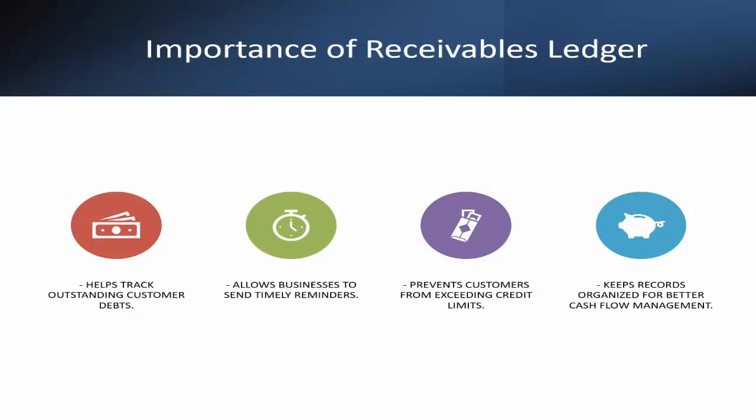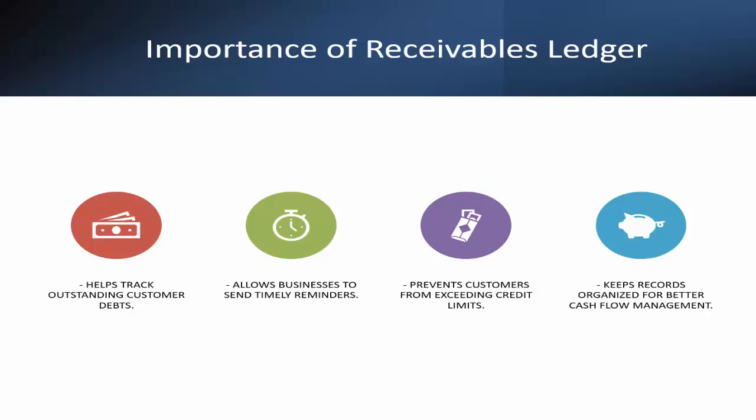Why does the receivables ledger include only personal accounts? The receivables ledger consists only of personal accounts, meaning it only tracks real people or businesses who owe money. Why? Because when a business sells on credit, it's dealing with individual customers or companies, not general categories like income